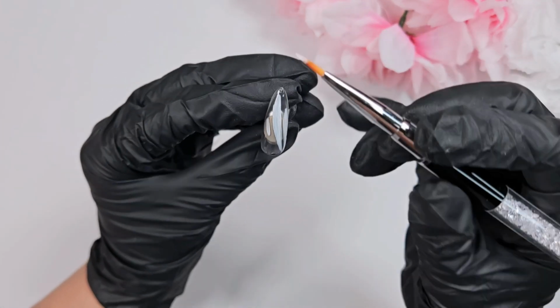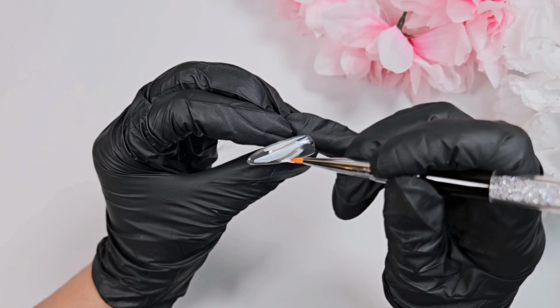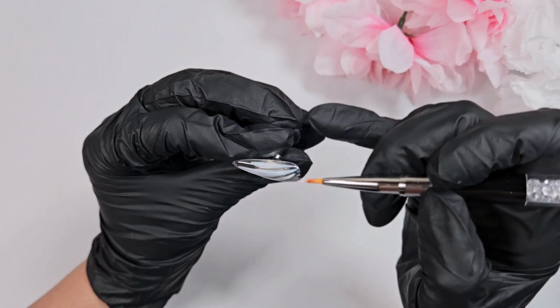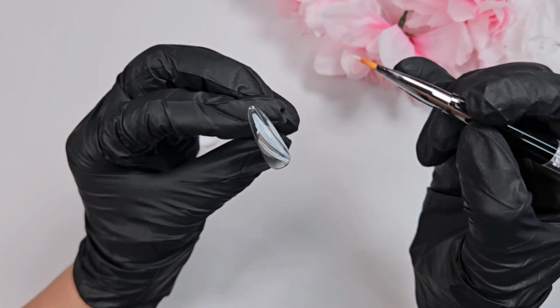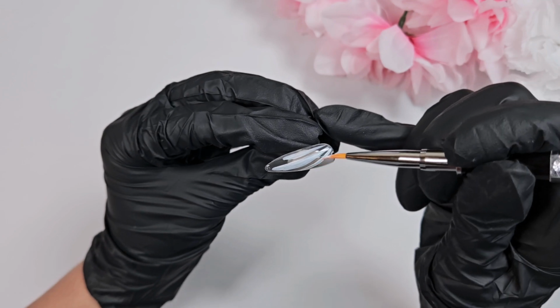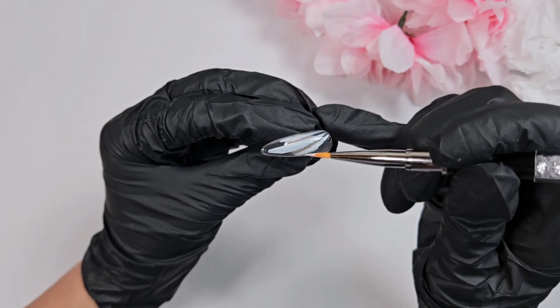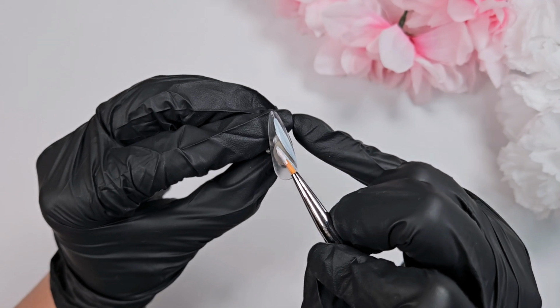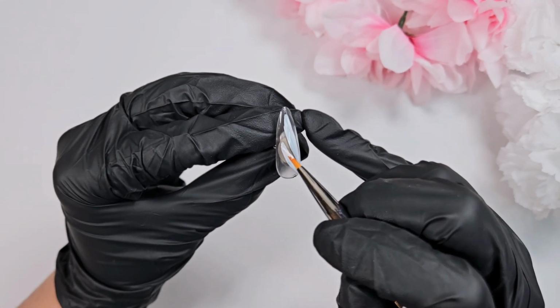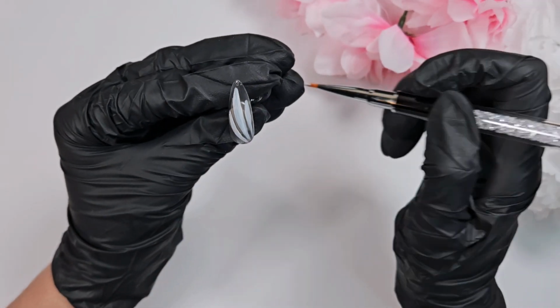You can do wings like I'm doing here. I've seen people do flowers, leaves, all sorts of different things, but you paint down that design in an opaque color. It doesn't have to be white, but white will stick out the most. And then you go over that design with layers of the jelly color so that you get a nice gradient effect. So here I'm starting with 4 feathers,